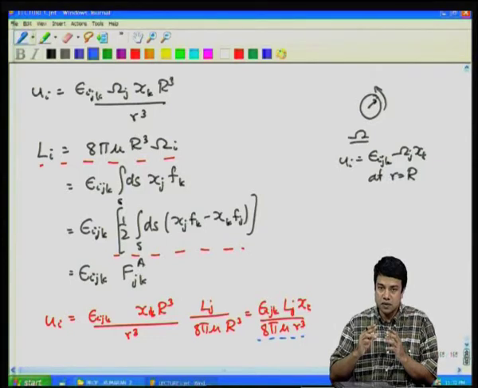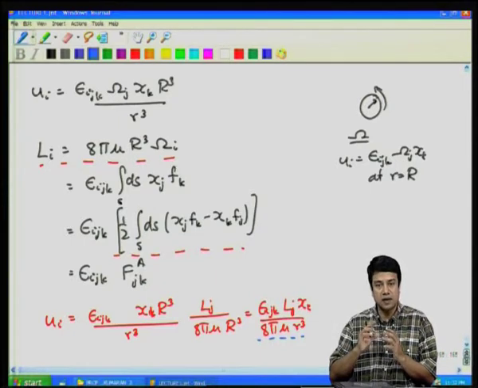The disturbance due to the symmetric point force dipole goes as 1 over r square, and is identical to the disturbance created by a sphere in an extensional, symmetric, traceless rate of deformation tensor far away. The antisymmetric part also decreases as 1 over r square. That disturbance is identical to what you get due to a rotating sphere, and of course, you can go to higher orders, but these are the basic types of disturbance in the limit of low Reynolds number